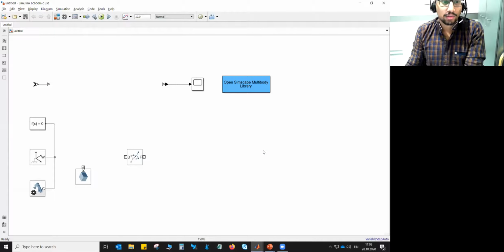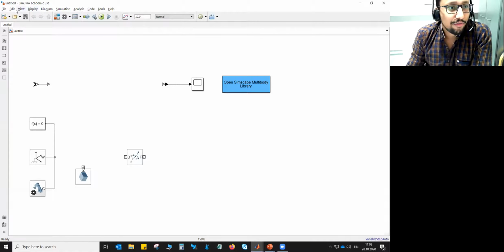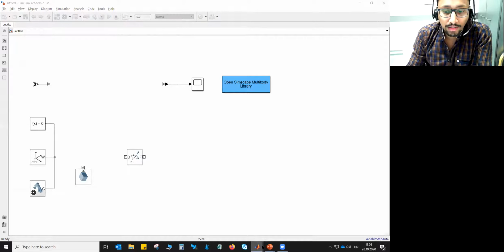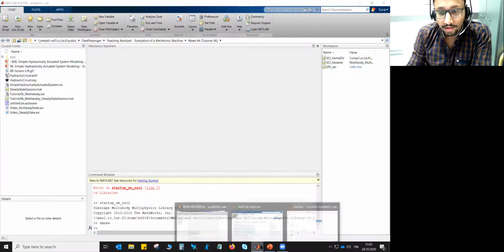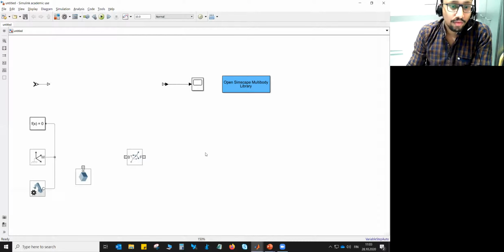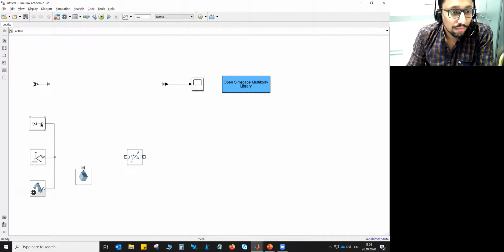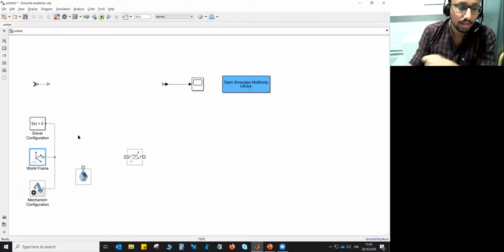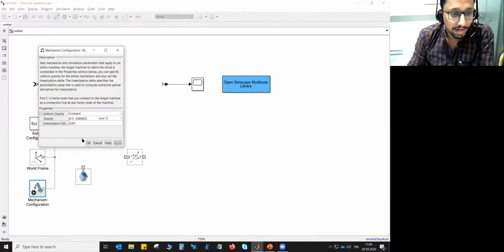So let me go back to the Simscape multibody file. Before proceeding with anything, it's a good idea to save this file under any name you want, in the same folder where you navigated in the MATLAB workspace over here. Okay, so by default, we already have the solver configuration and other components. This world frame already takes care of the ground and the inertial reference system. For gravity, by default, the software assumes the negative z direction.